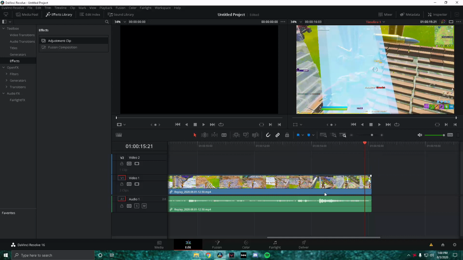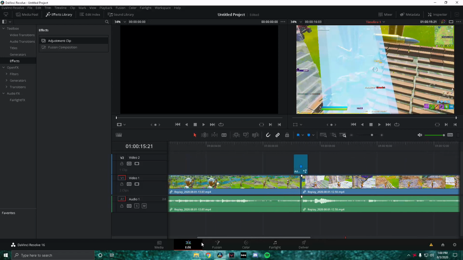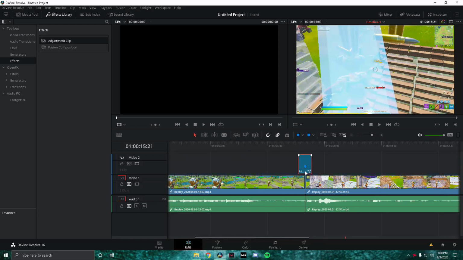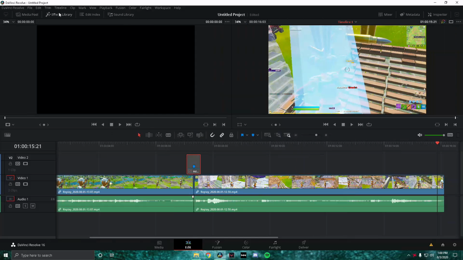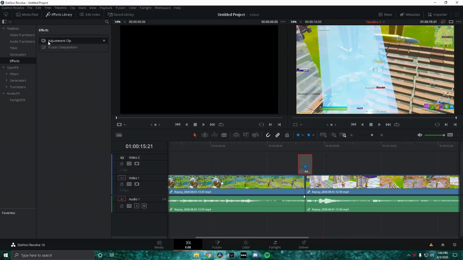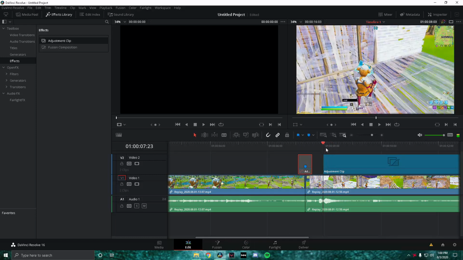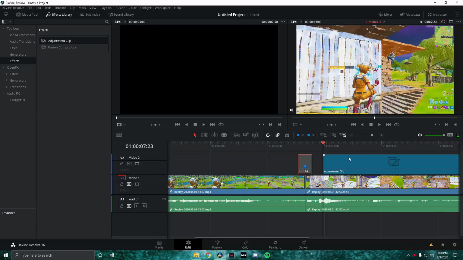So next, we're going to be showing you how to do the glitch transition. We're going to do the exact same thing. We're going to go into the effects library, go to effects, and then add another adjustment clip. This one is also going to be 12 frames or 24 frames depending on how many FPS your video is at. So we're just going to delete the other transition, and